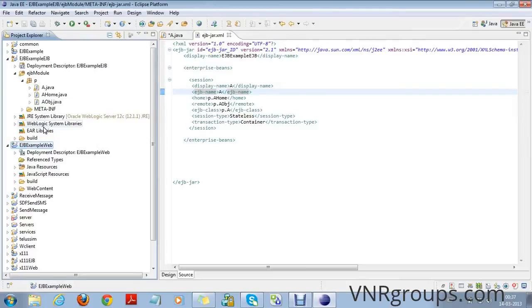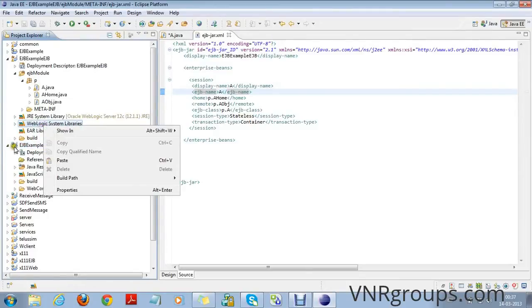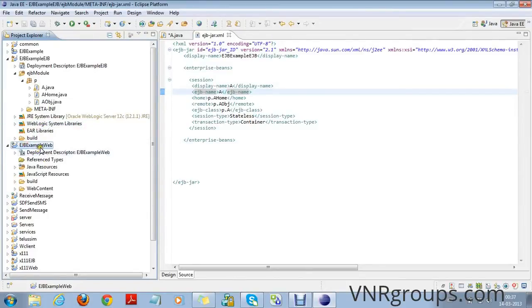Now we will create a servlet in the web module to call the EJB methods.